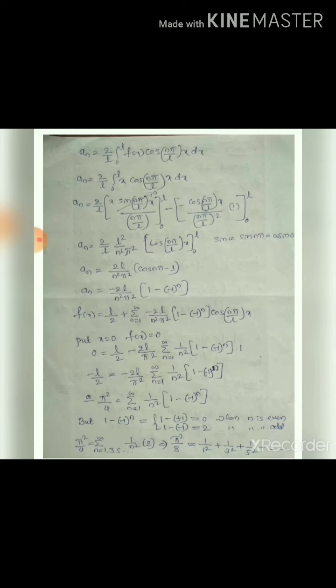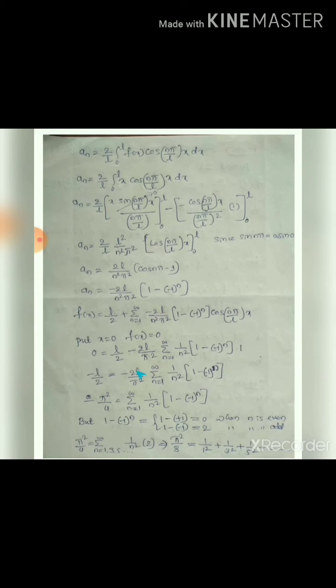For deduction, fill here x is equal to 0. Then we know that our function f of x is equal to mod x. Then mod of 0 will become 0. Therefore f of x value is also 0. Therefore fill f of x is 0, L by 2, and whatever constant with respect to the summation, free from n, take to the outside of the summation, minus 2L divided by pi square, summation n equal to 1 to infinity 1 upon n square in bracket 1 minus 1 raised to n.